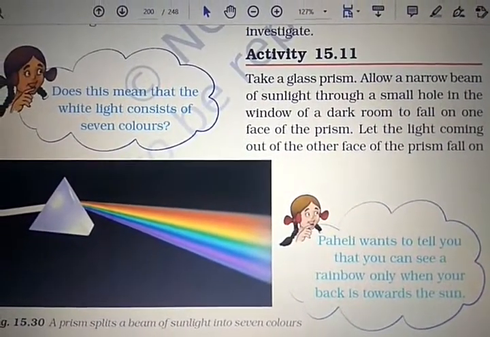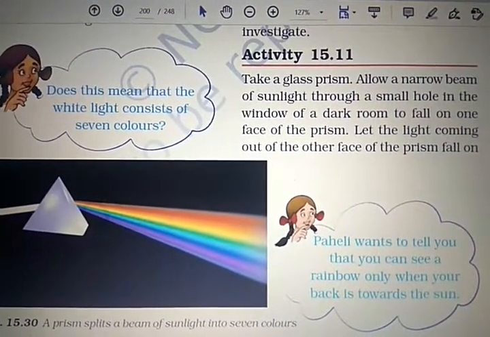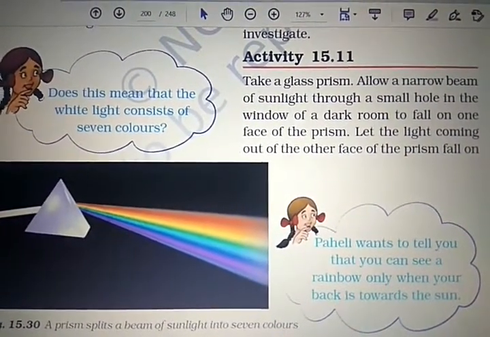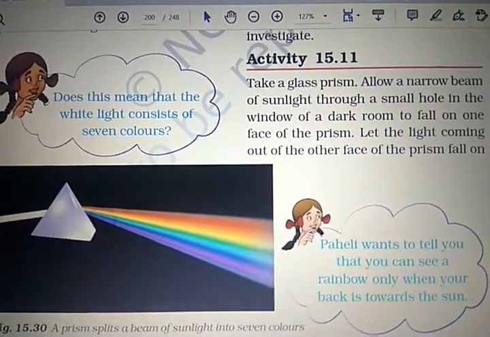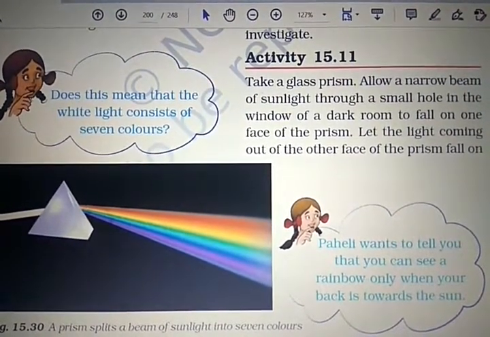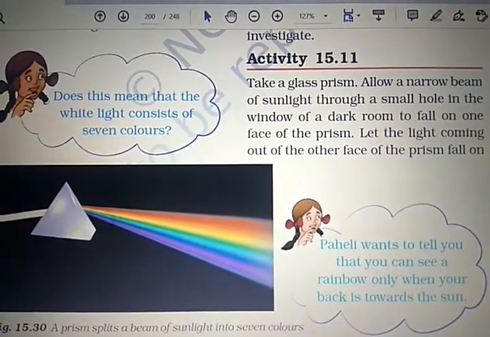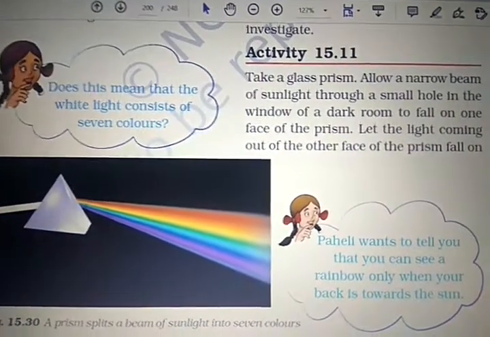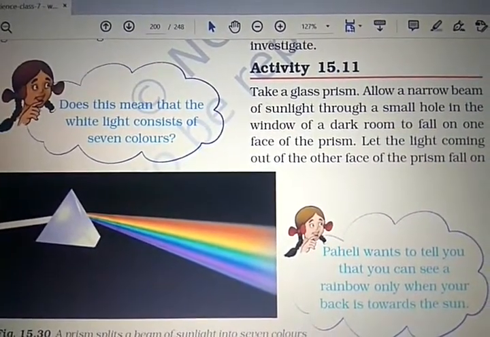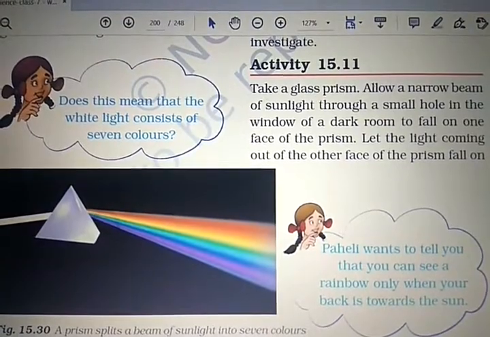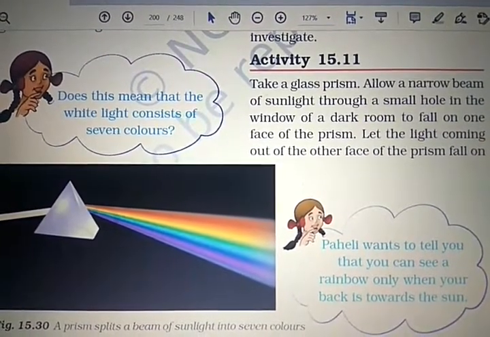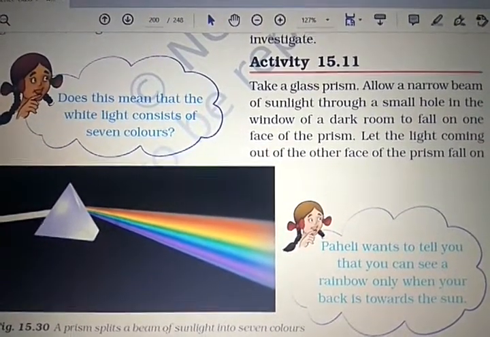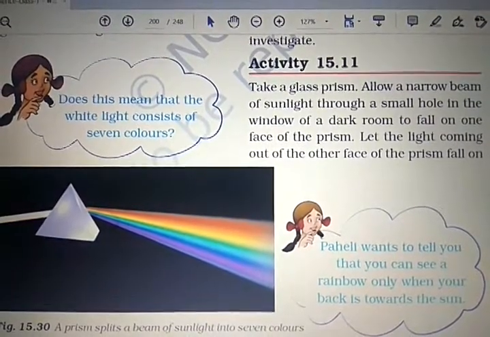So instead of that, just do one thing. Take one aluminium dish and pour some water in it, and take one plain mirror, and put it in the sun wherever the sunshine is there.